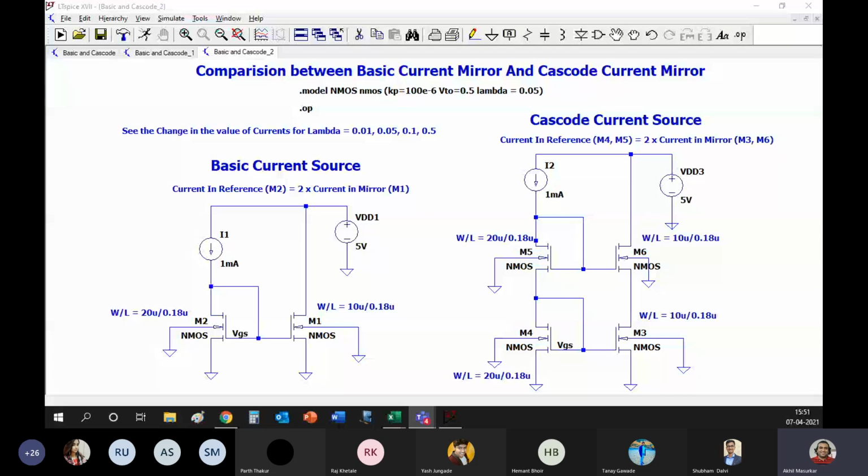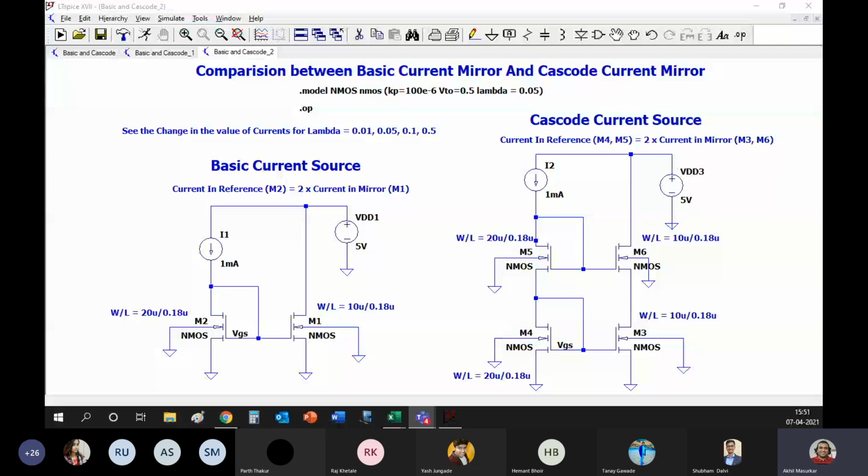Another analogy is, let us say that you all are now standing on the floor, and if you try to jump, probably you will not hit the ceiling because the ceiling is pretty far away from the floor. And even if you try to jump, at the most probably you will touch the fan or something like that, but you will definitely not hit the ceiling if you try to jump in your house. So your floor is like your ground and your ceiling is like your VDD. So you can jump between these two levels.